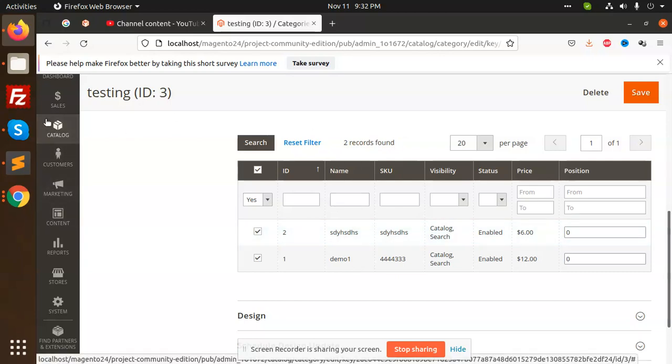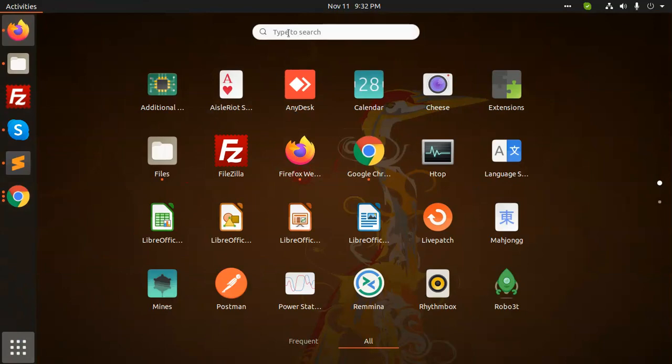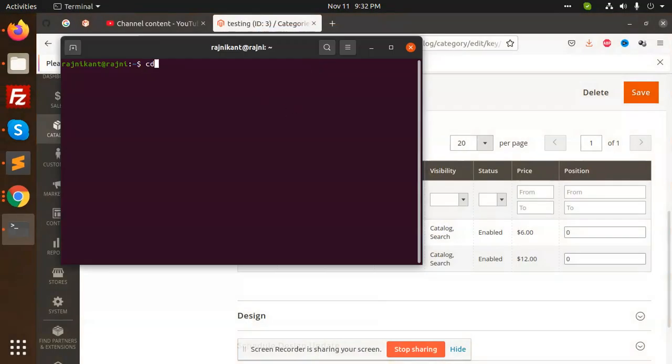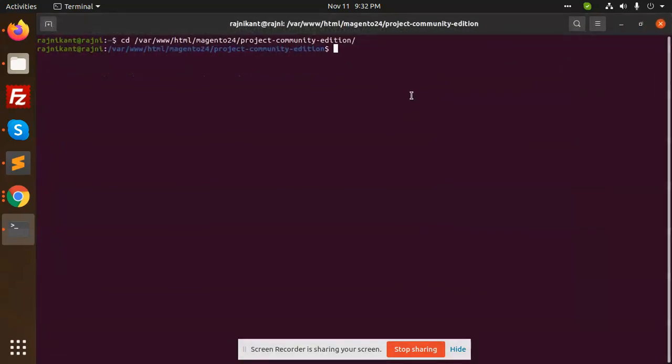Let me run the commands in the terminal. I have already made the code. Let's check, is it the same? cd var html Magento 2 project. In the meantime, I will explain the code also. Let's run the commands.